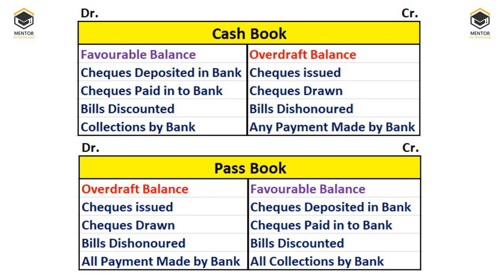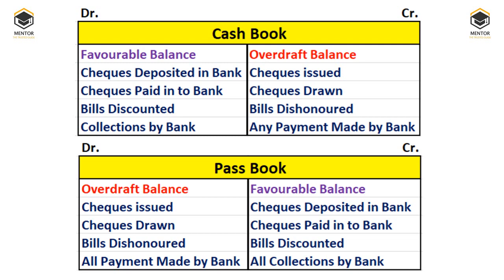So checks issued, checks drawn, bills dishonored, all payments made by the bank will be debited in the passbook, which was credited in cash book. Please bear in mind. That's the reason why I kept both the cash book and passbook at one place to make you better understand. Whereas in passbook credit side, checks deposited into bank, checks paid into bank, bills discounted, and